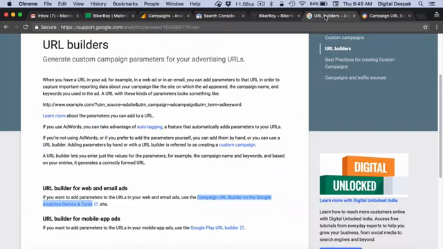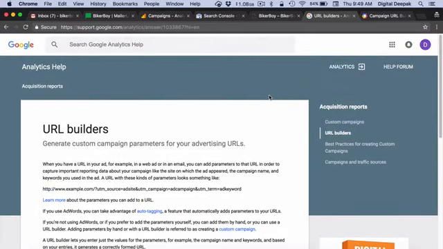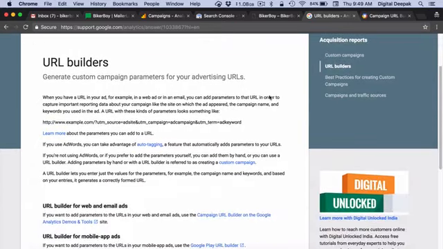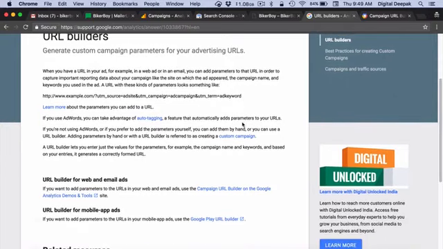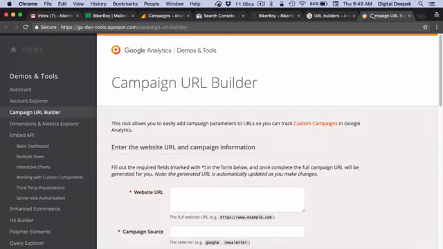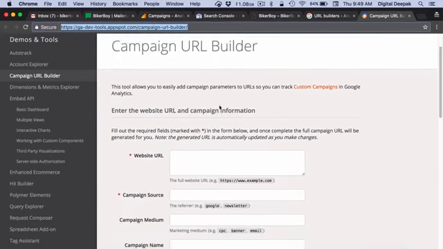So for that I would go into URL builder. There is something called Google URL builder. You can search online for URL builder, and what you need to do is create a URL in this format. So question mark, UTM source, UTM campaign, UTM term. You might have seen such terms before online. So if you go to this particular URL, which is campaign URL builder,